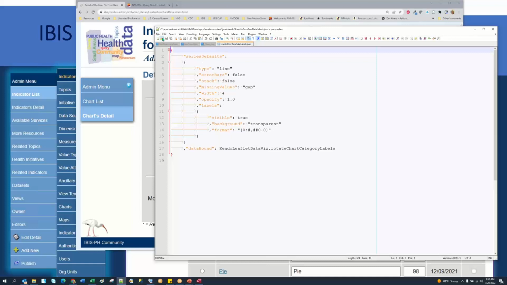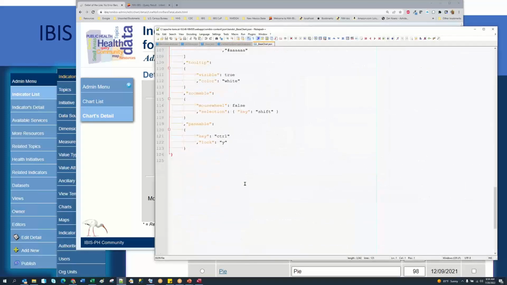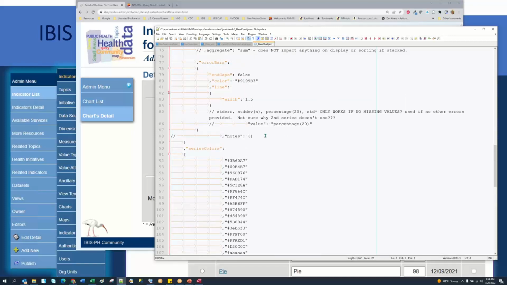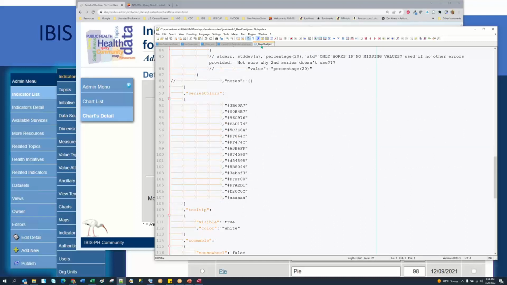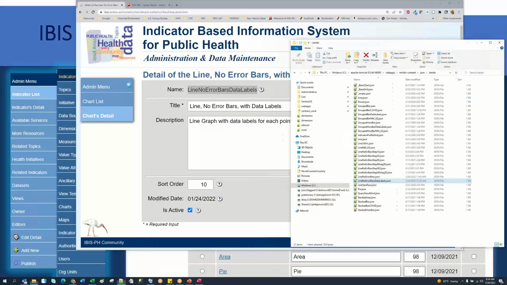They get appended to the base chart file, base chart, that has all of the Kendo stuff. These are the colors. If you ever want to change the colors on your chart, start with a different one, get rid of the light yellows because nobody can read the information in them, whatever. You can go into base chart. This is just an amendment to the base chart.json file that says error bars false. So it replaces this series with no error bars and labels visible true. So that's just a very brief